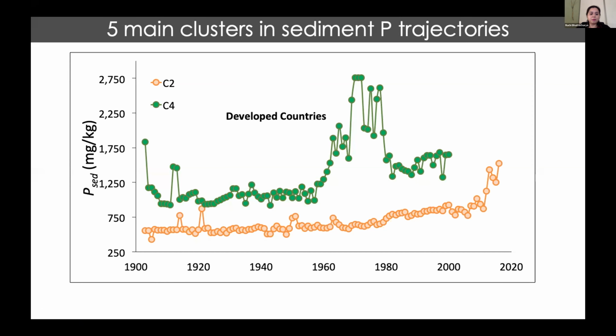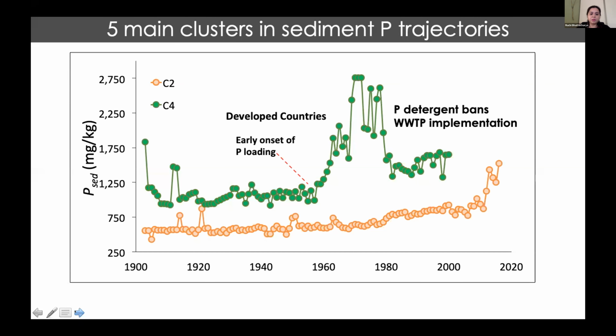What's unique about them is that all of these lakes had a very early onset of phosphorus loading that was followed by a ramp up in phosphorus concentration in lakes from the 1960s till say the 1970s and 80s, followed by a bust in phosphorus concentration that was driven by bans on phosphorus laden detergents and wastewater treatment plant